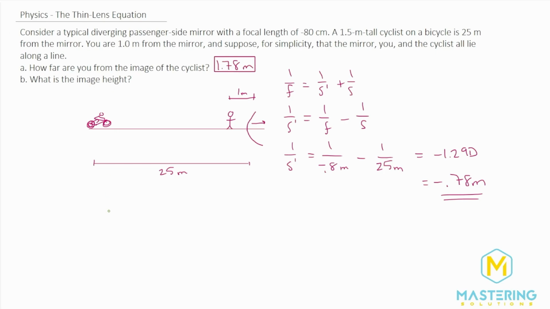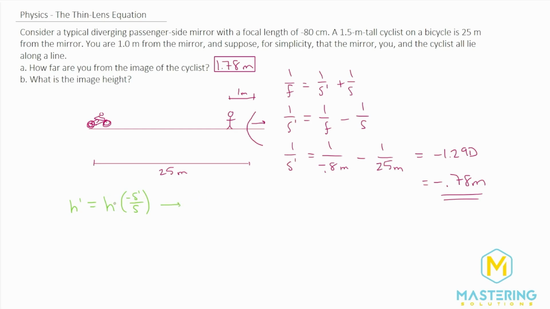So next we need to figure out the image height. And this one's a little bit more straightforward because we know the image height is equal to the object height, multiplied by the negative image distance divided by the object distance. Now I included the negative this time. It comes from the equation. What this will tell us is if the image is upright or inverted. It doesn't really matter because we just want to know what the value of the height is, but I included it just to talk about the concept.